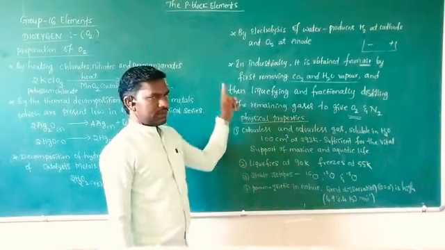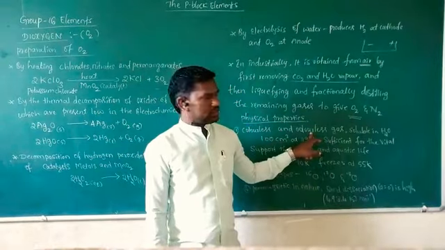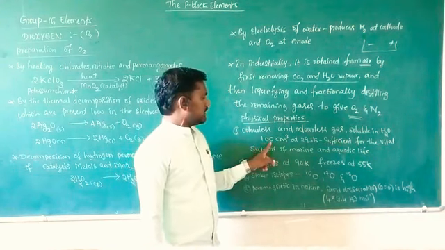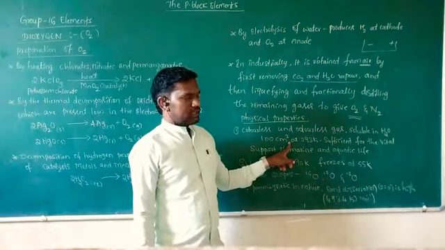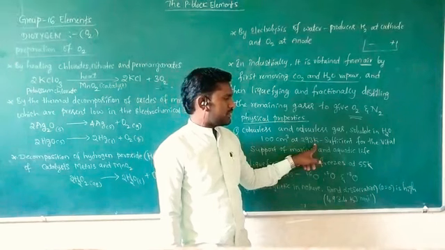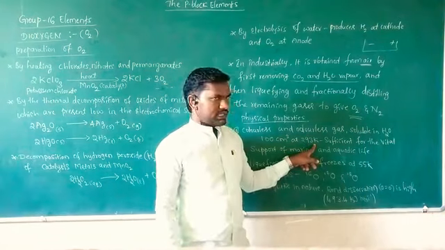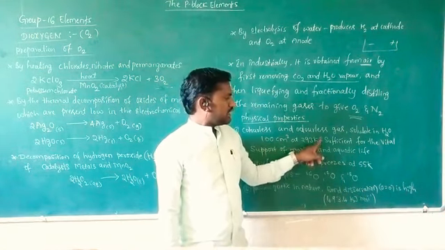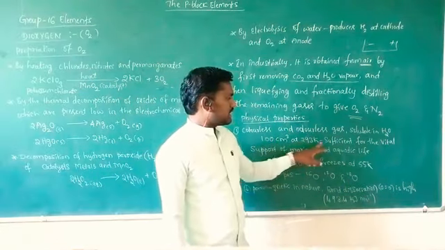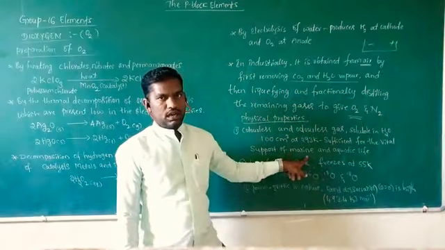And physical properties of dioxygen, O2. O2 is a colorless and odorless gas, slightly soluble in water. About 100 ml of dioxygen is soluble in water at 293 Kelvin. 273.15 Kelvin is zero degrees, so 293 Kelvin is about room temperature. At that condition, the dissolved oxygen is sufficient for the vital support of marine and aquatic life.